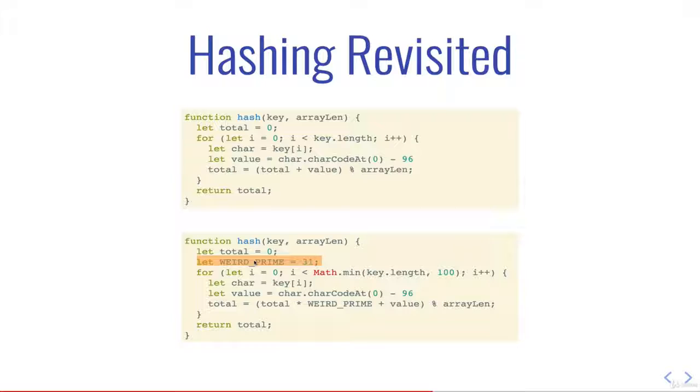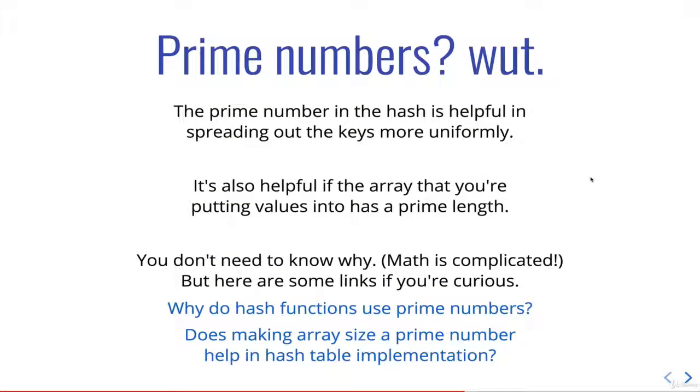So I'm not going to go into a ton of math here because, frankly, I don't understand half of it. I actually asked one of my friends, a math PhD, and I talked to him about this, and he wasn't totally clear on exactly how it works either, but hash functions almost always take advantage of prime numbers. And there's a couple reasons, but it comes down to reducing collisions, meaning that we don't want data to be stored in the same buckets if we can avoid it. We want to make sure that we are spreading data out as much as possible so that it's faster to retrieve. So anyway, I'm not going to go into a ton of detail or really any detail because it's complicated,